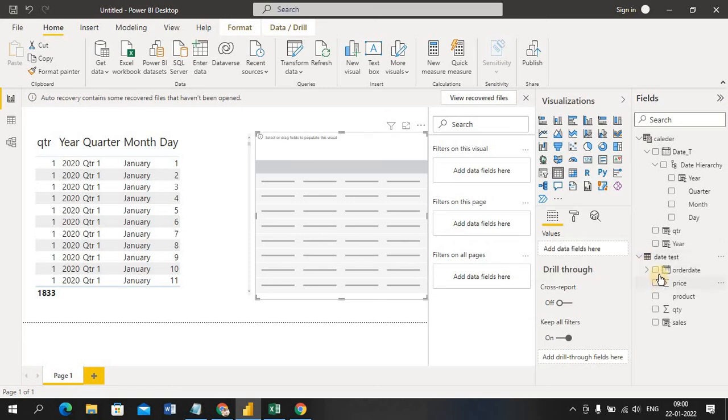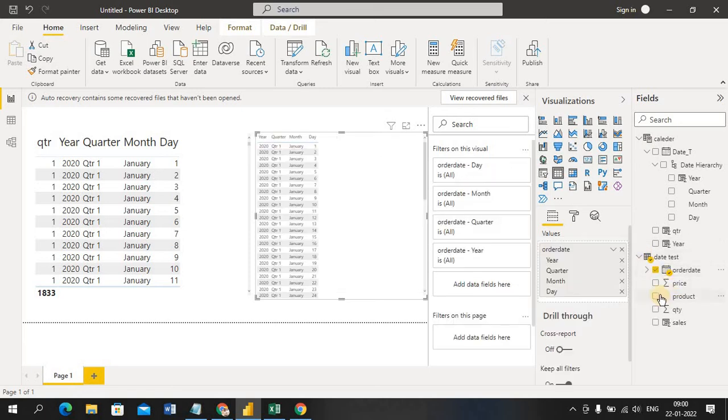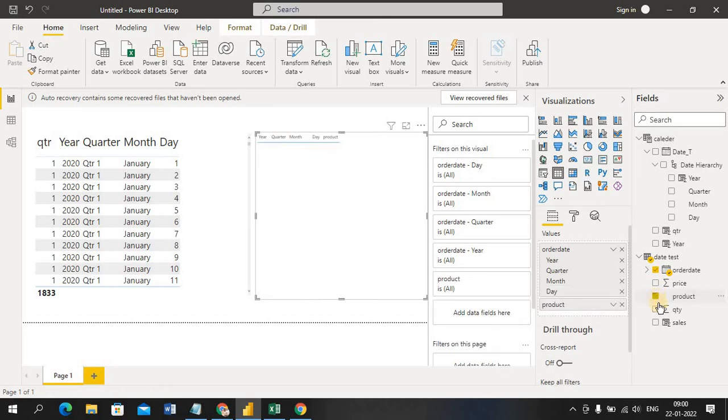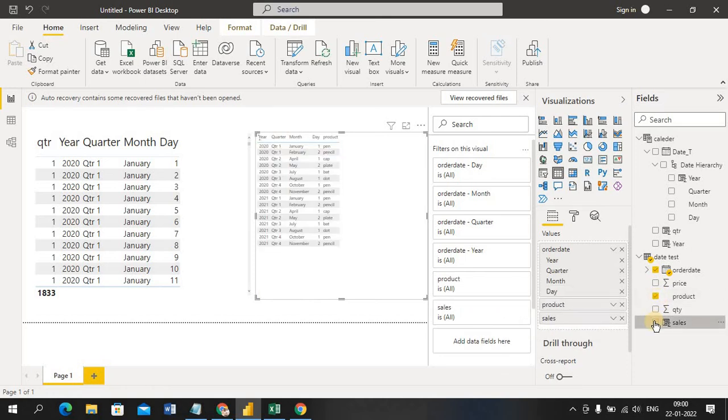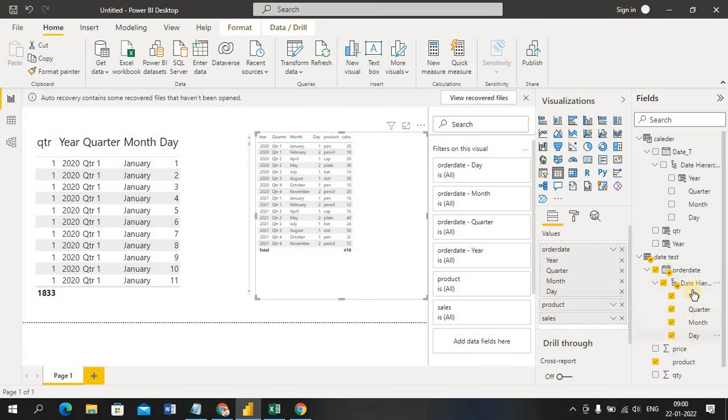So order date, product, sales, these three columns I'm selecting for this table. So you can see here Jan, Feb, April, May, June. Automatically, Power BI intelligence created year, quarter, month individually for this order date.